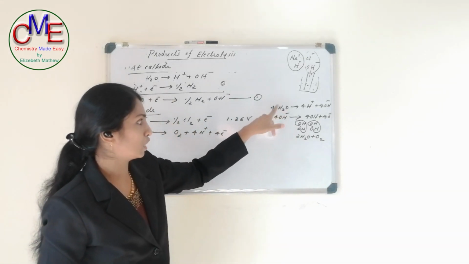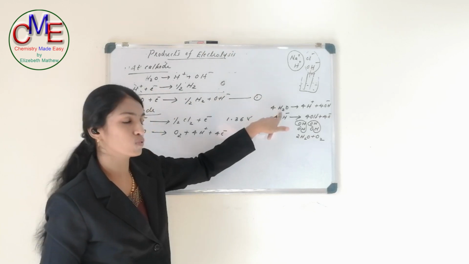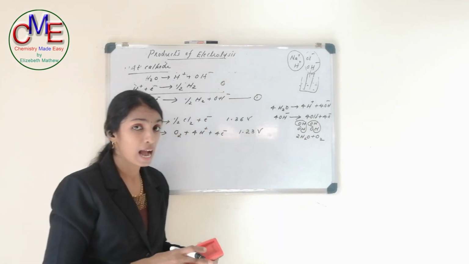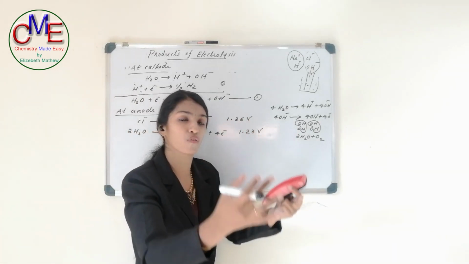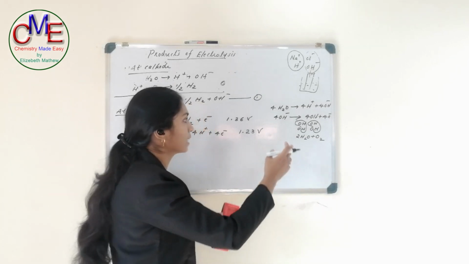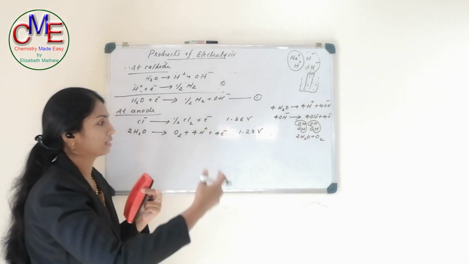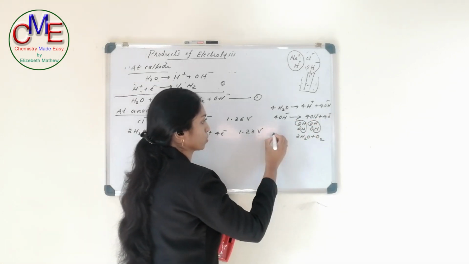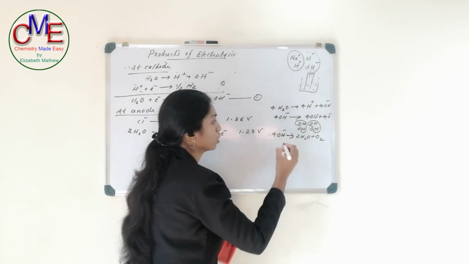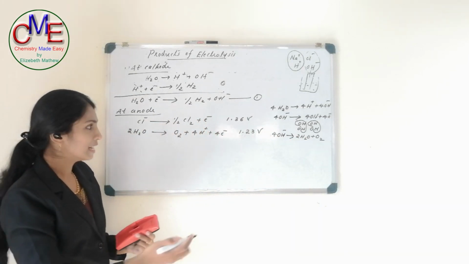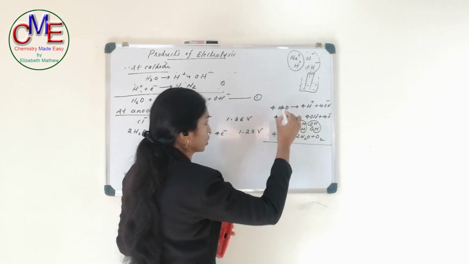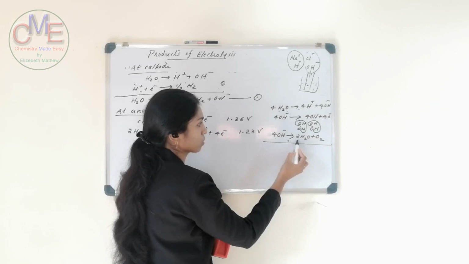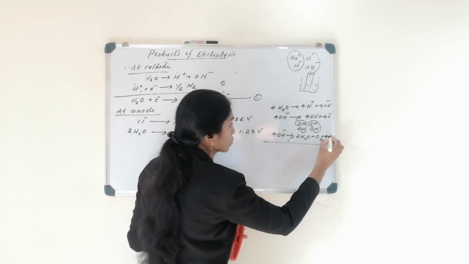Here we need to take 4 water molecules, and these 4 water molecules dissociate to form 4 H plus ions and 4 OH minus ion, and these 4 OH minus ions start moving to the anode, and if it reaches anode and if it oxidizes, we can write 4 OH minus ion gives 2 H2O plus O2. Right? Then let's sum up these two equations. 4H2O gives 4H plus 4OH minus, and 4OH minus gives 2H2O plus O2 plus 4 electron.